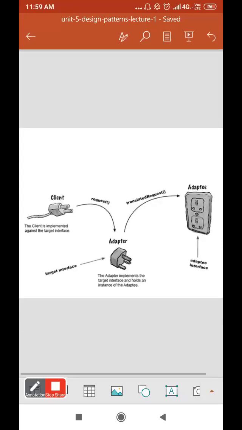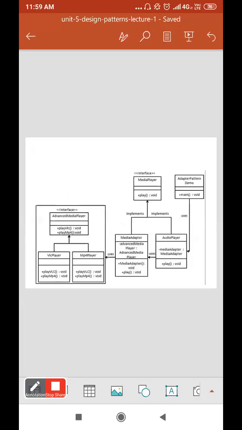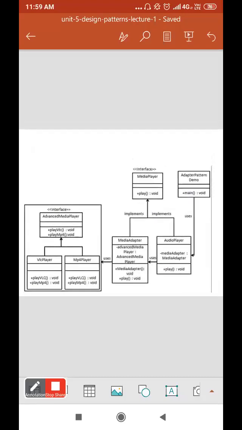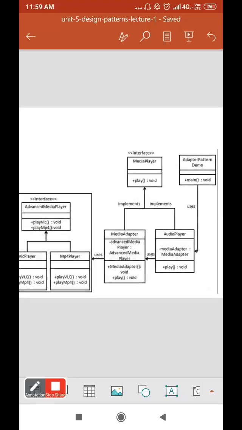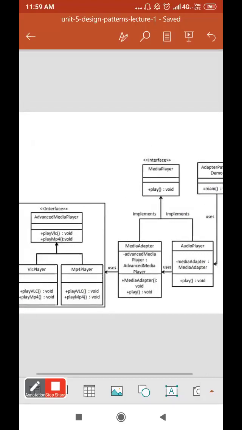So this is a particular example of the adapter design pattern. The same concept is there, but the example is another one. Now you have to play audio, with a media player, or you have to play VLC and MP4. So for both of those you need a media adapter and the audio player.